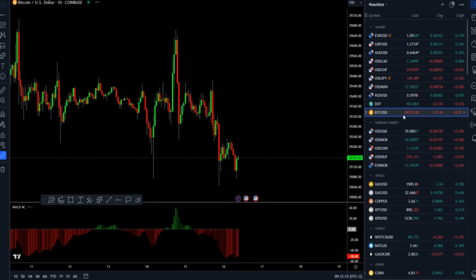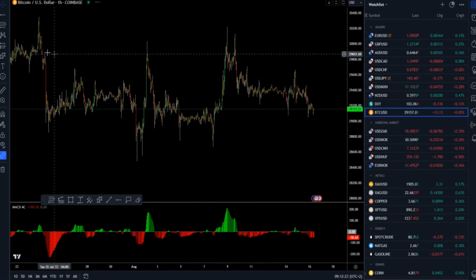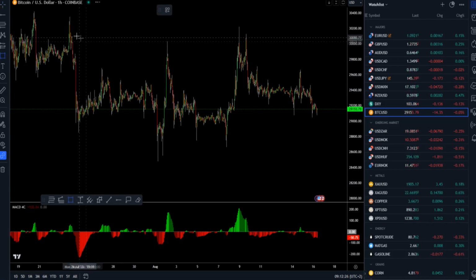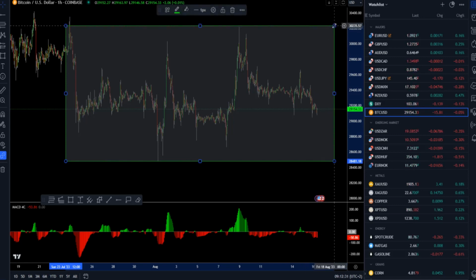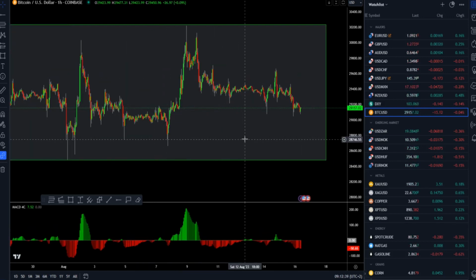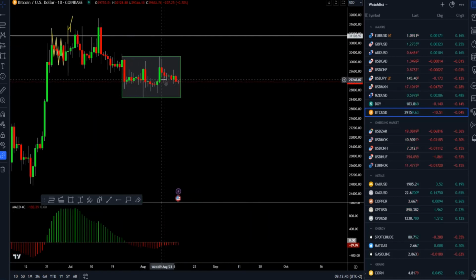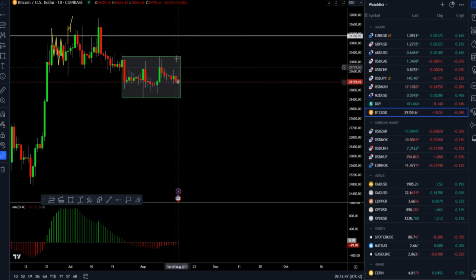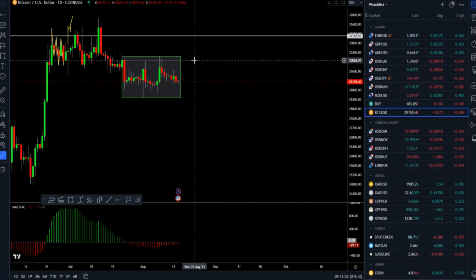And speaking of the Bitcoin versus US dollar, what we have here is still a gigantic consolidation that we have had in the last 10 days or so, with an extreme high around 30,230 mark and extreme low at 28,450 mark. As long as we're trading in this range, there's no potential for bigger rewards. We're in the middle of the range, so I would like to see the breakout and hold to confirm further direction.